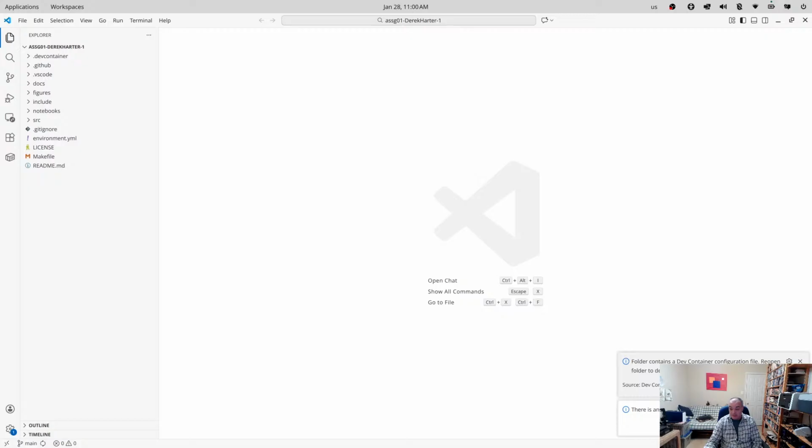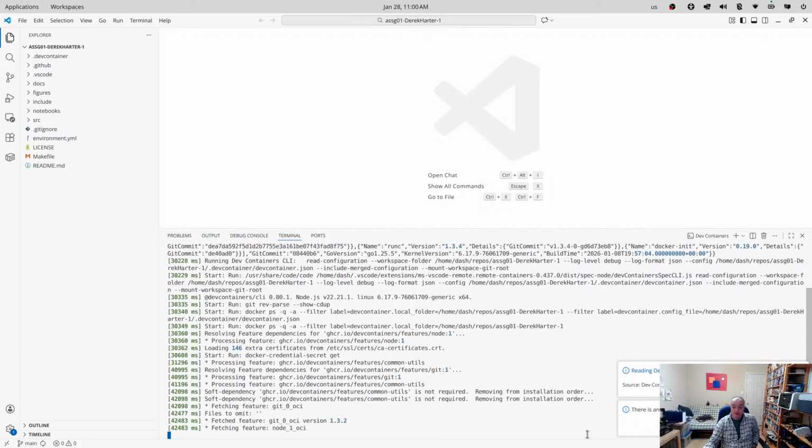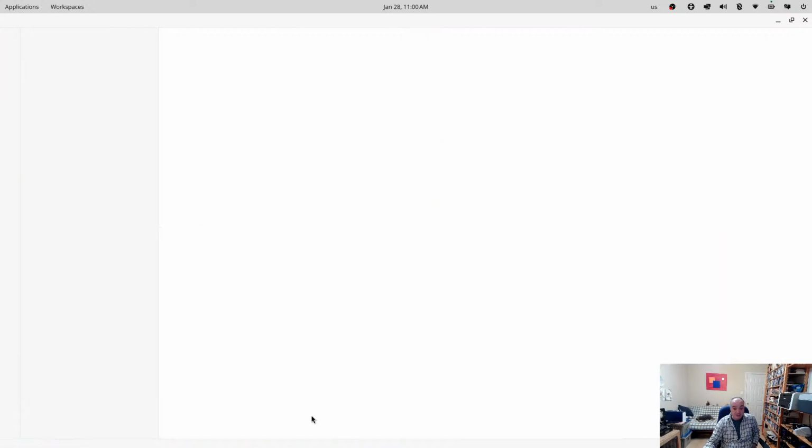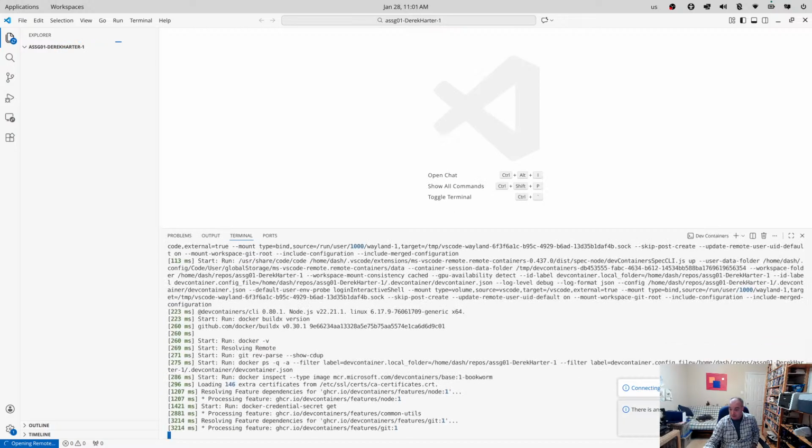Okay. If you've got your Docker container up and running, you should be able to see a pop-up, and you always want to reopen it and run in the container. Okay. So the very first time you do this, when you create a container, it might take a little bit of time here. I've done these before, so it shouldn't take too long for me to create my container for the